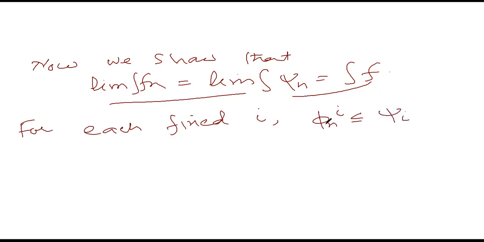So phi n i is less or equal to fi for all n greater or equal to i. You can easily verify this. So this is not too hard to verify. So this is true. It follows that